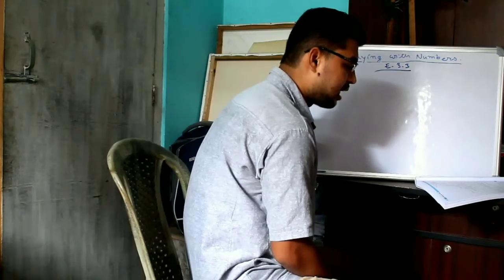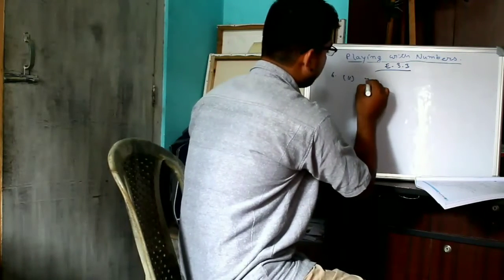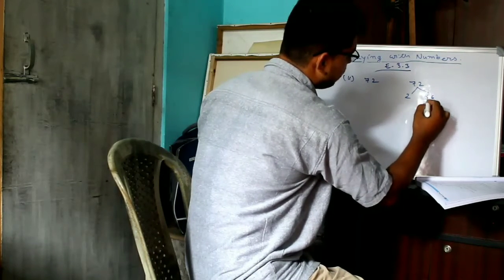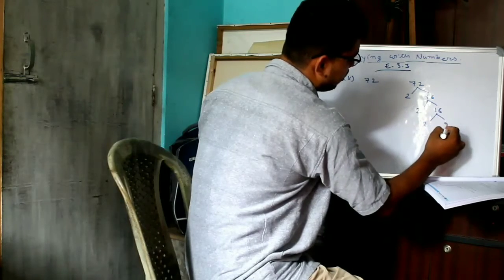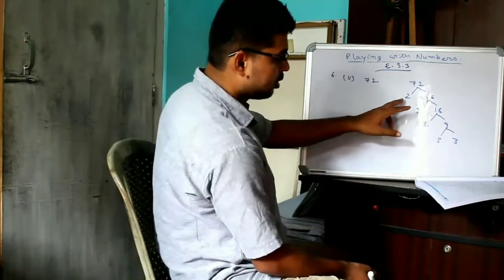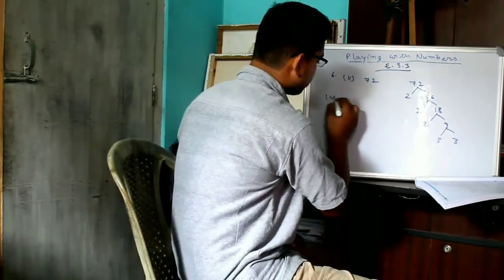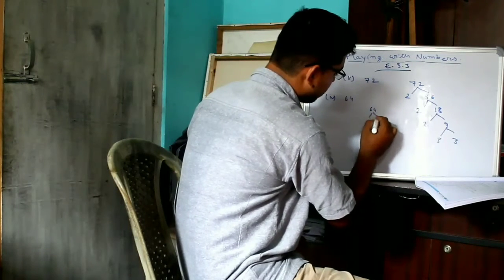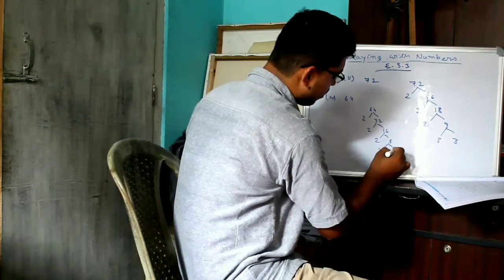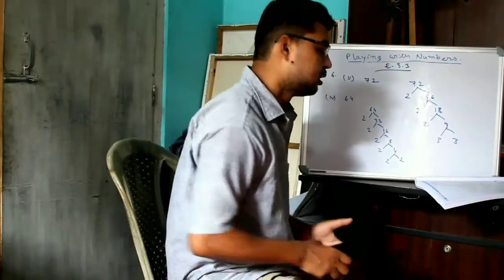Make the factor tree as large as possible for each of the following numbers. For 72, factor tree: by 2 you get 36, by 2 you get 18, by 2 you get 9, by 3 into 3. So this is the factor tree of 72. We will not use 1. Next, 64: 64, 2 and 32, 2 and 16, 2 and 8, 2 and 4, 2, 2. So this is called the factor tree of the following numbers.